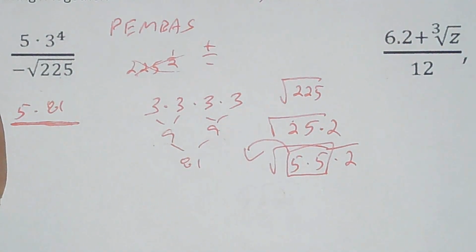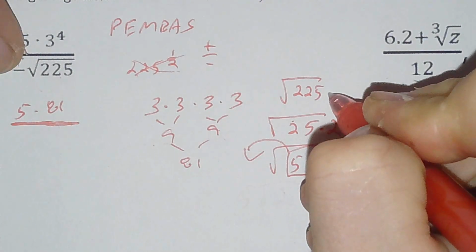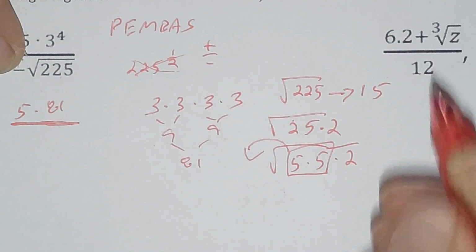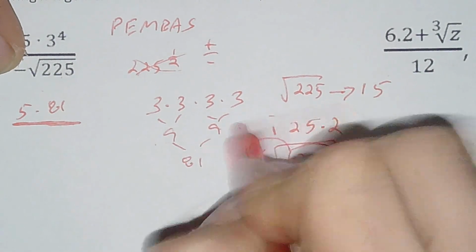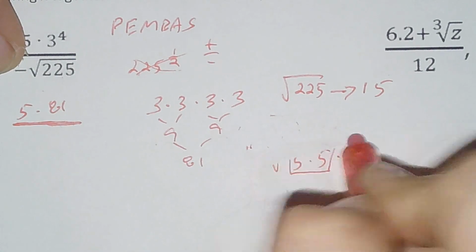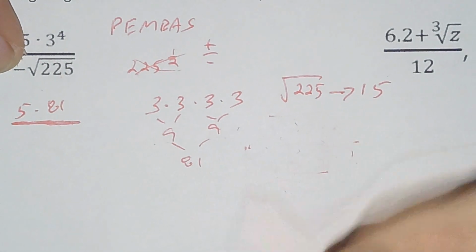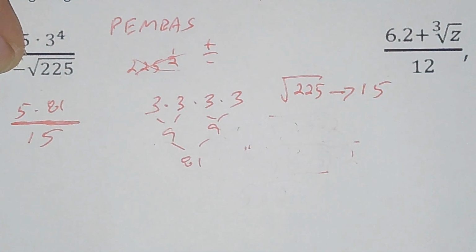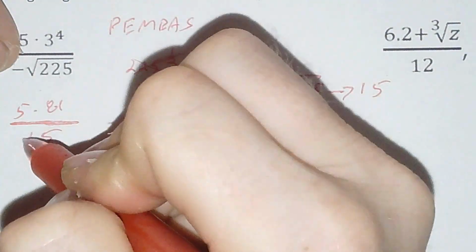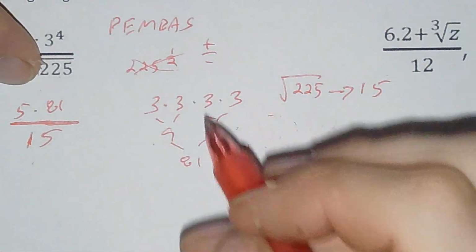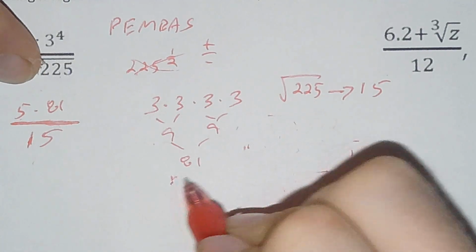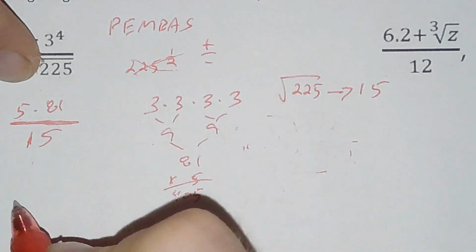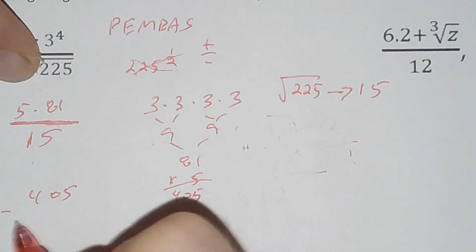So this square root of 225 is actually 15. It's actually 15. That's actually an easier way to do this. All right, square root of 225 is 15. All right, so this is 15. Okay, so from there you go 5 times 81. So I'm going to multiply this by 5. 5 times 81 is going to be 405. So this is negative 405 divided by